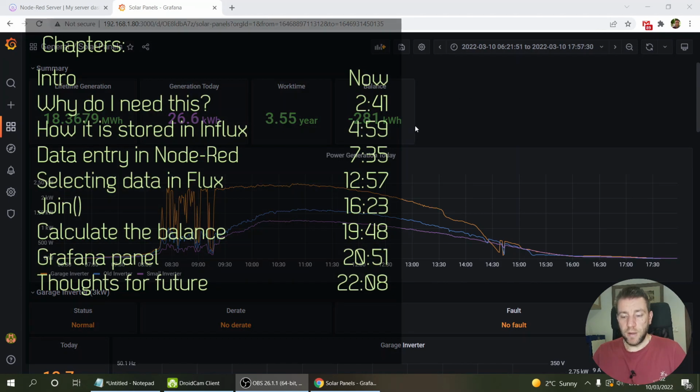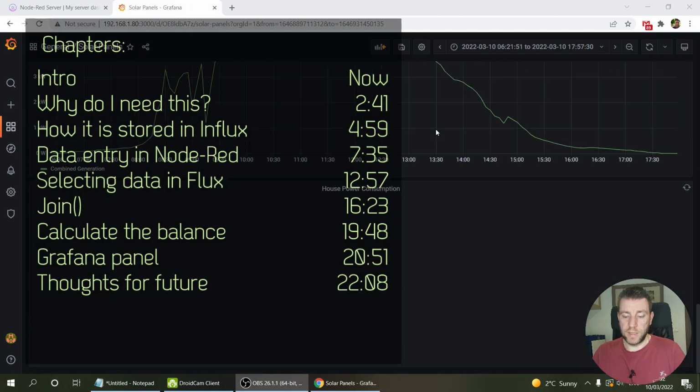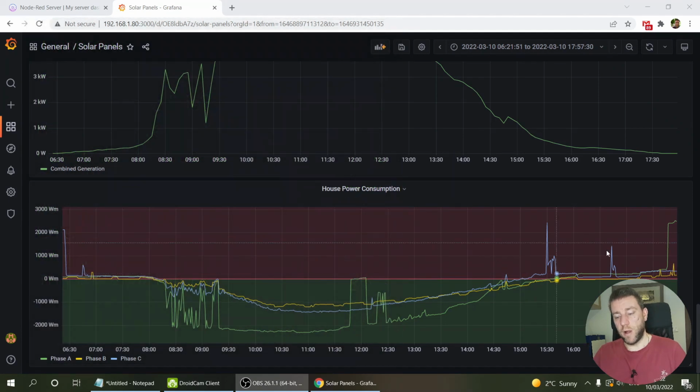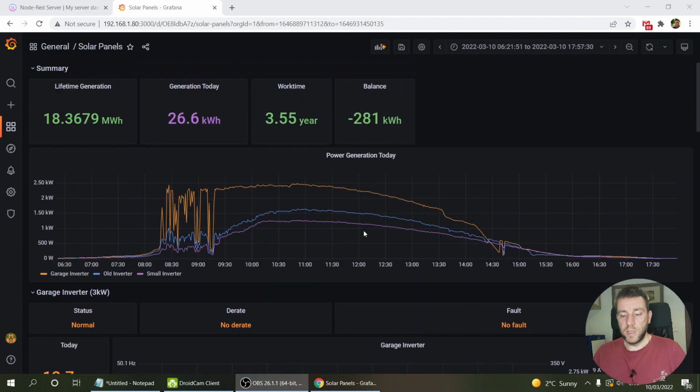I'm just going to continue on the theme of what we've discussed before, which is how I included my house consumption into the solar generation graph. I also wanted to add some functionality so I can monitor my balance in terms of how much electricity I use and generate,